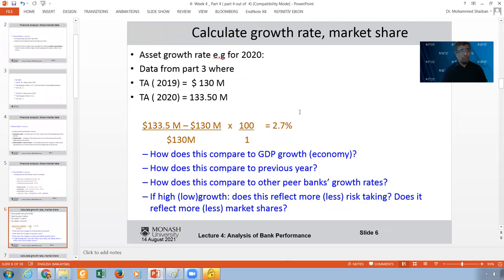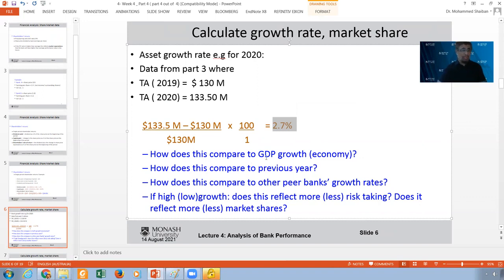Let me move to some other issue, which is the growth. Now, assume I take this data from the data in part 3, where the total assets for the bank in 2019 were 130 and grew to 1335. This is the total assets. So you can calculate the growth, which is 2.7%, and you can compare this growth to the other growth in the industry